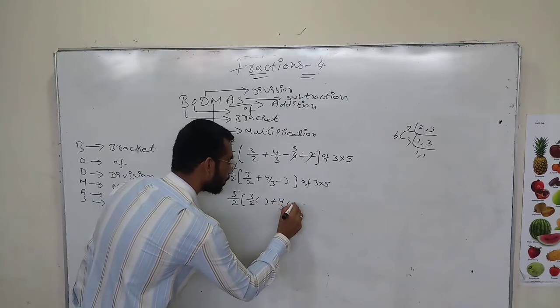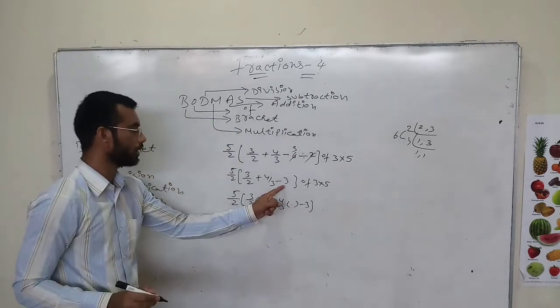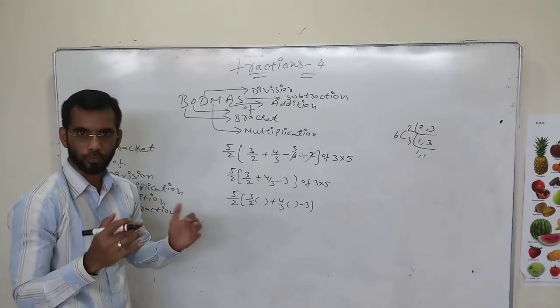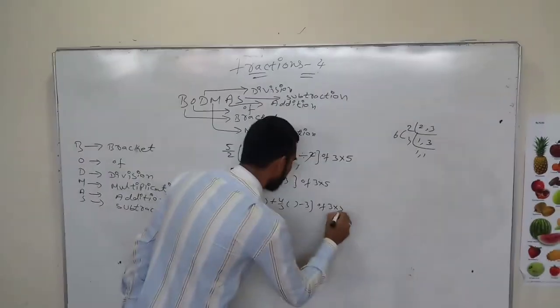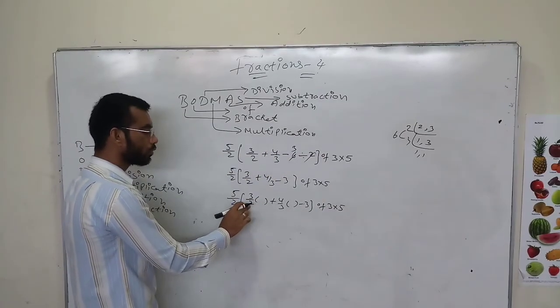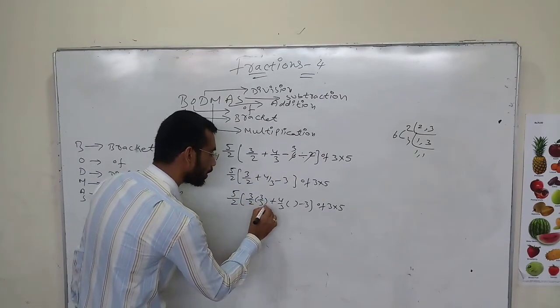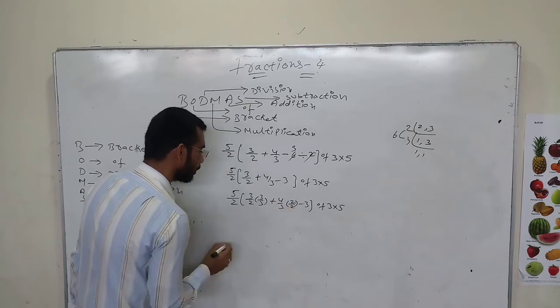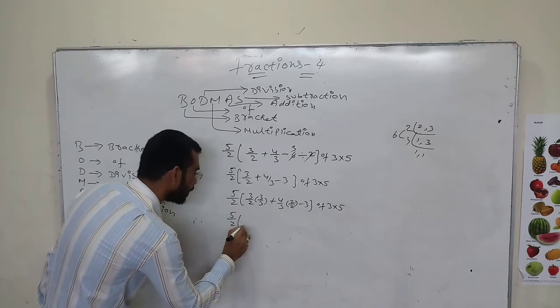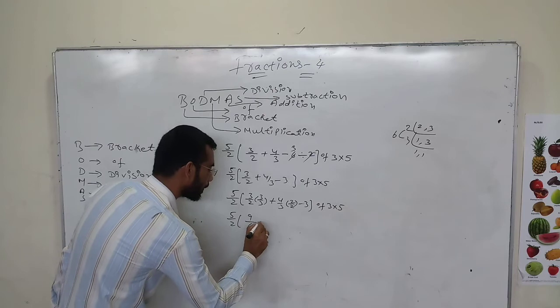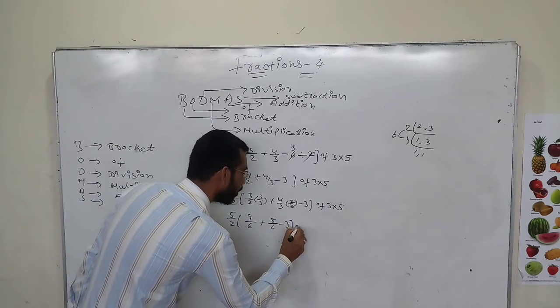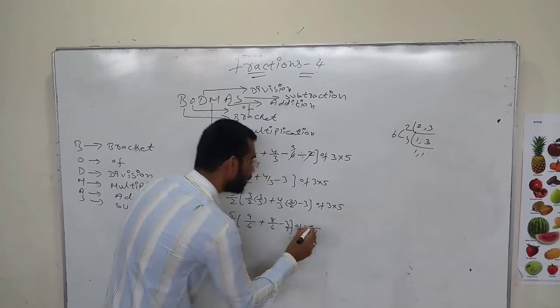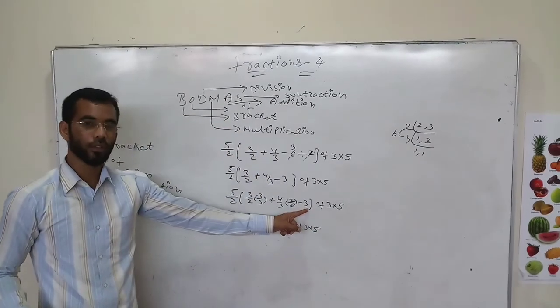Now 4 by 3 minus 3. You can solve this 3 with this one, no problem. But for your better understanding, I am solving separately. Which number should multiply to this 2 to make it 6? 3 by 3. Here 2 by 2. Now 5 by 2 into 3 threes are 9 by 6 plus 8 by 6 minus 3 by 1 of 3 into 5. Nothing remains, always it will be 1.